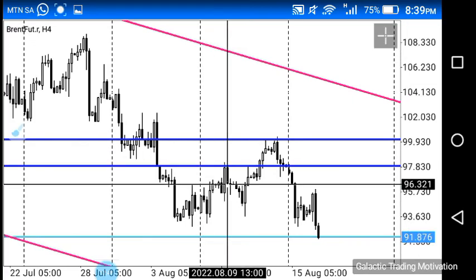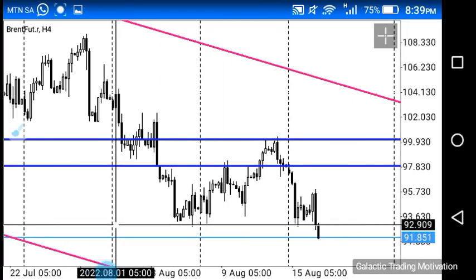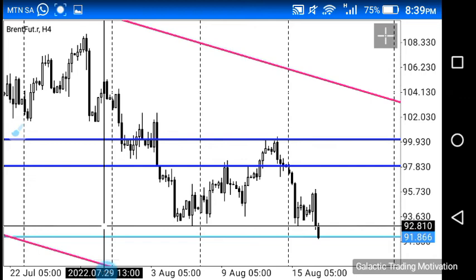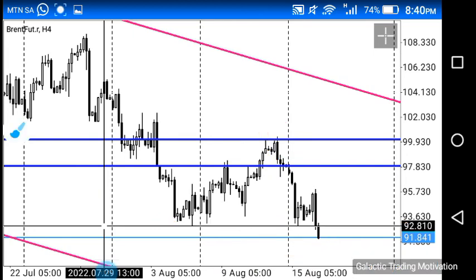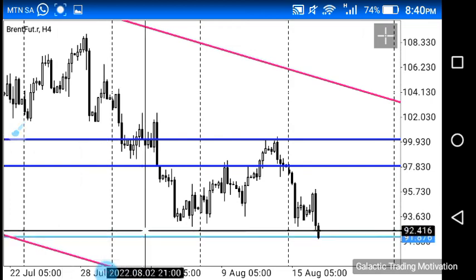Right, let's see. Yeah, so we can see that price seems to have pushed further down below this level over here, and it may happen that price is currently moving further down as we had anticipated, as we said that we would have looked for a selling opportunity at this point, right? So it may be that once the current H4 candle closes below this area, below this line,